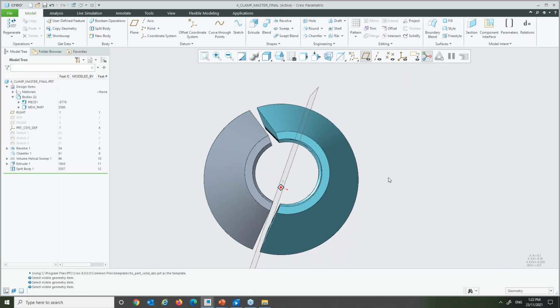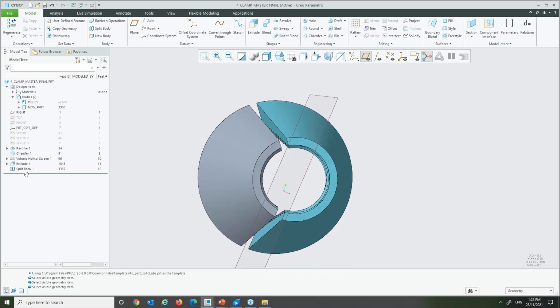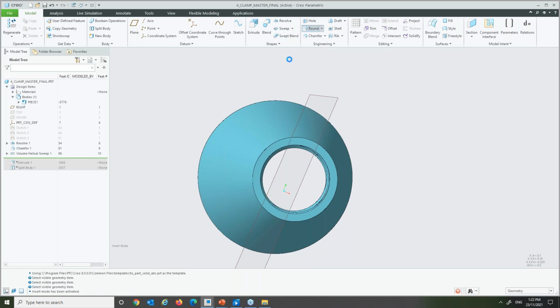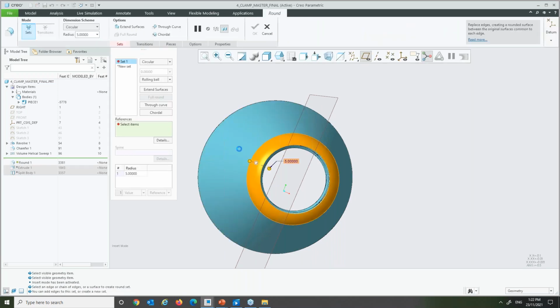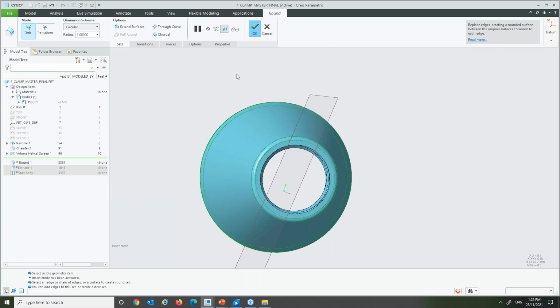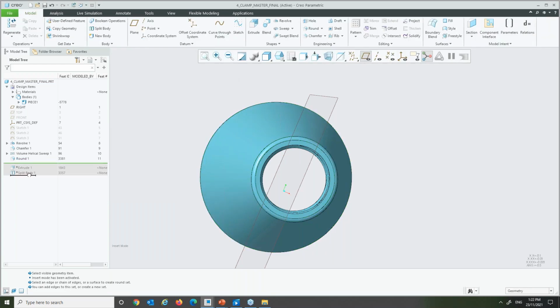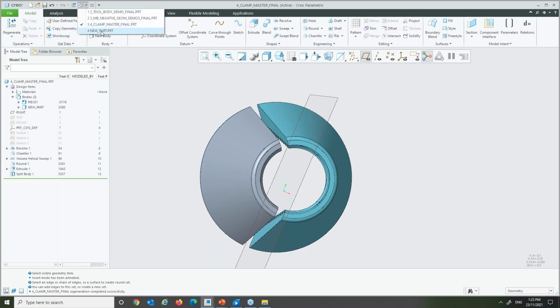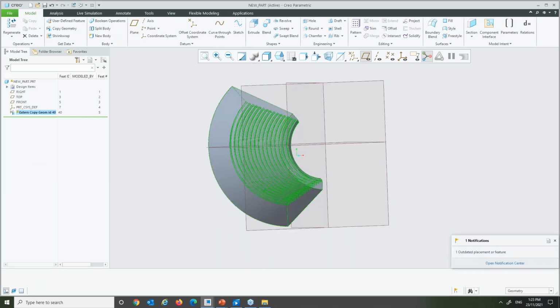Now, if you think, okay, I would like to make some major changes to my design, maybe I suppress some of these features here. I would like to go back to its original design position and maybe add a round feature, change the fillet values to a little less, like radius 1 or something, and do the same thing for the bottom surfaces as well. There are some design changes. Of course, my split out, everything will update. Okay, and now if I go back to my new part, I will get the notifications here straight away